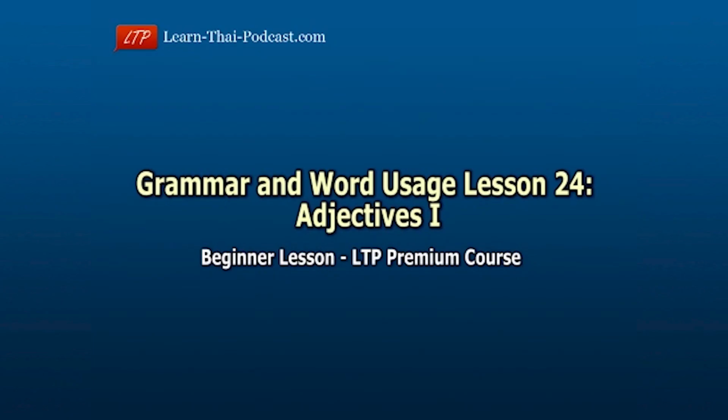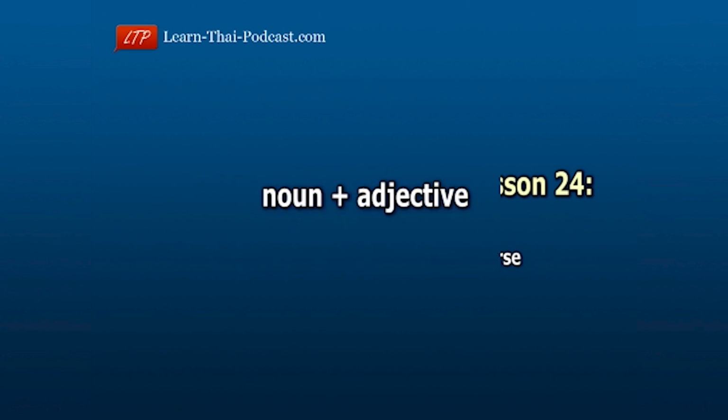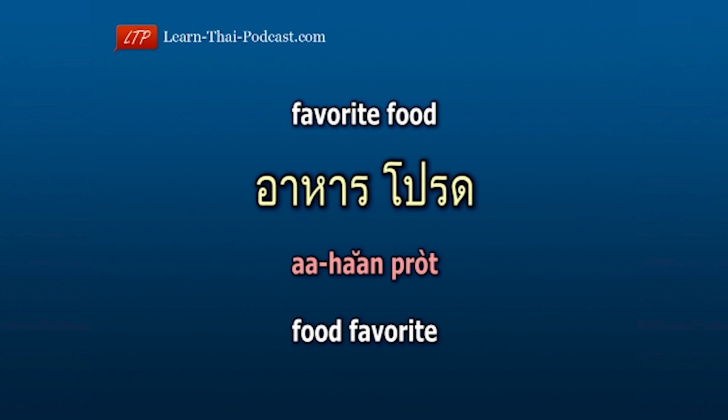Welcome to the 24th beginner grammar and word usage lesson of the Learningthai podcast premium course. In this lesson, we will talk about adjectives and how to use them. As you probably already know, adjectives usually follow the noun they modify. So the pattern, the structure is noun plus adjective. For example, favorite food. อาหารโปรด